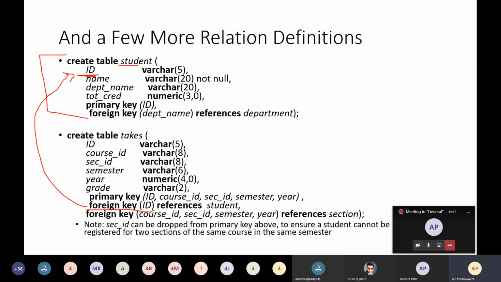It will refer as a foreign key to the relation student. Again, you can have another foreign key: course ID, section ID, semester, year, references section. This is another table in the university schema, so it is again referencing the section table. So this is the way to create the table.